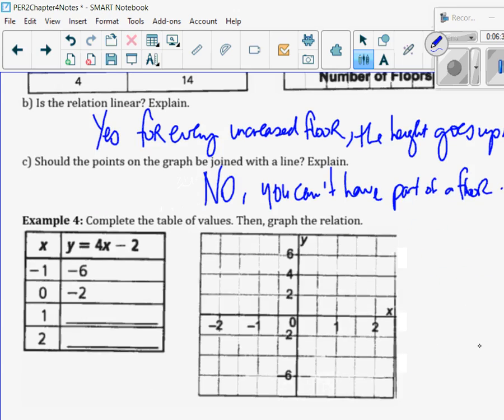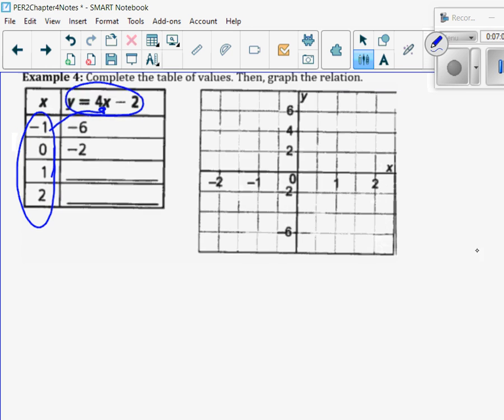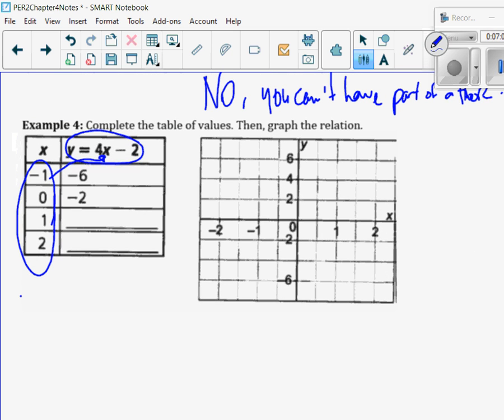Okay, now we're going to complete the table of values. So I'm hoping you've seen a table of values before. Maybe not stated with an equation here like y equals 4x minus 2. But the way this works is you're taking what they give you for x and you're subbing it in for this expression, and then that's how you're getting your y. So they've done the first two for you, but just for fun, we're going to do it ourselves as well. So if I sub when x is -1, do you see y would be 4 times -1 subtract 2? And you have to do multiplication before subtraction, so this would be -4 subtract 2 gives me -6, just like